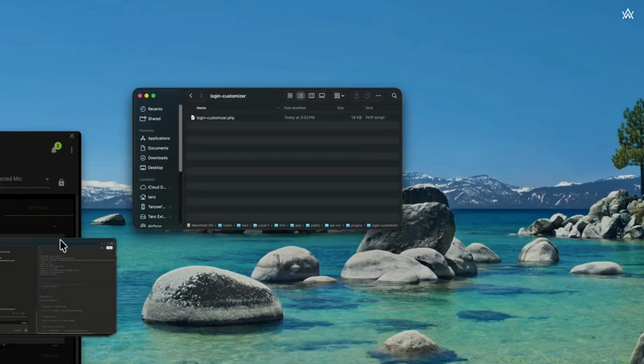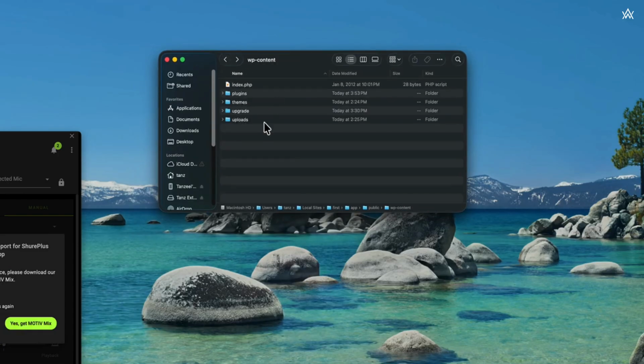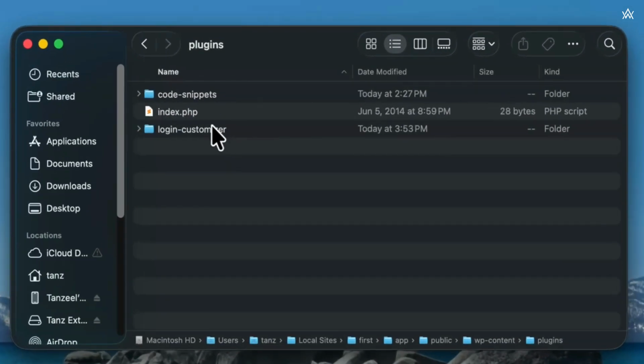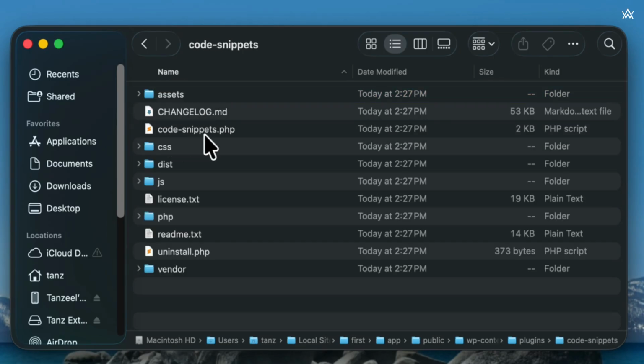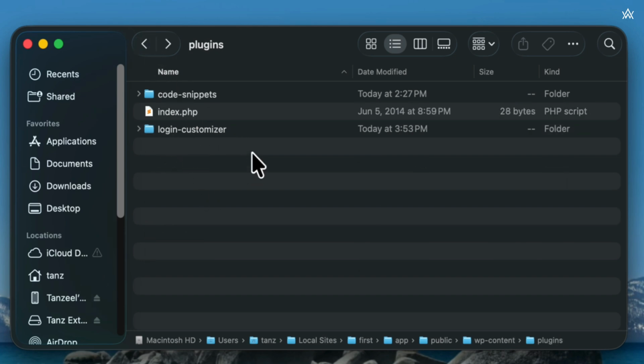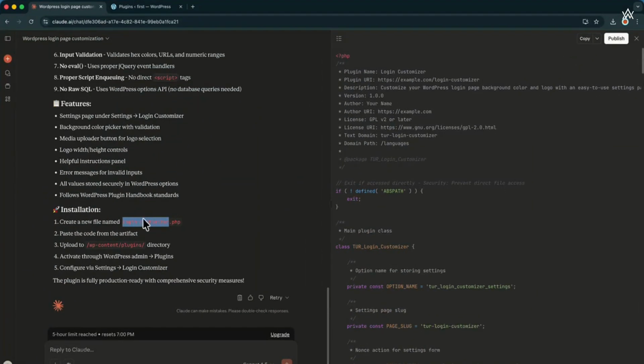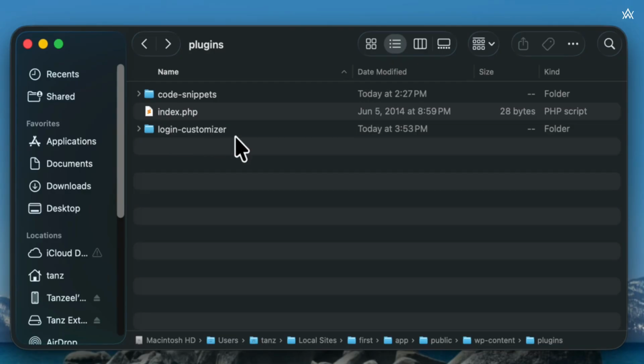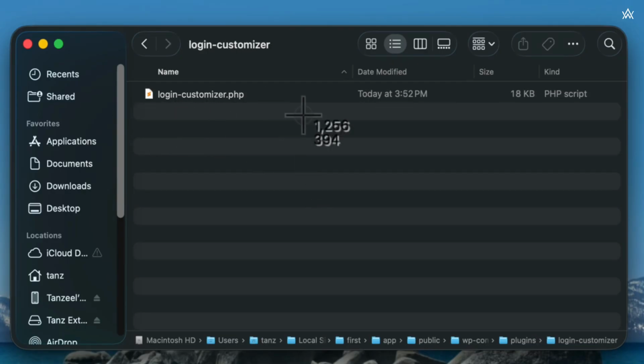That means that inside my plugins folder, you can see that this is the plugins folder. Inside this folder, I've got this code-snippets. Now code-snippets will have this code-snippets.php as well. Otherwise, if it does not exist, then the plugin is not going to work. Same goes with the login-customizer as well. Since Claude AI suggested that we create a new file named login-customizer, in order for login-customizer.php to work, we have to create a login-customizer folder, same name. Inside that folder, then we can add that